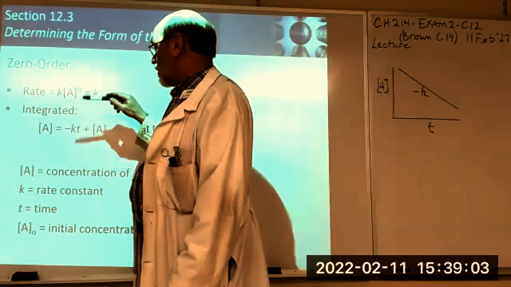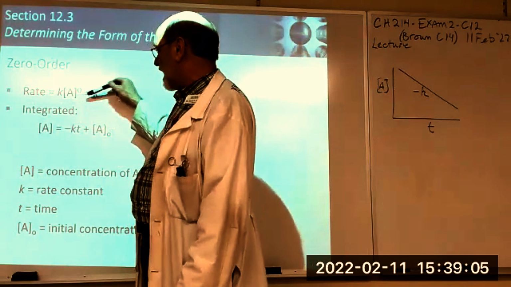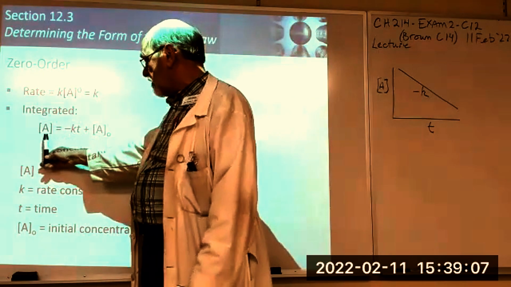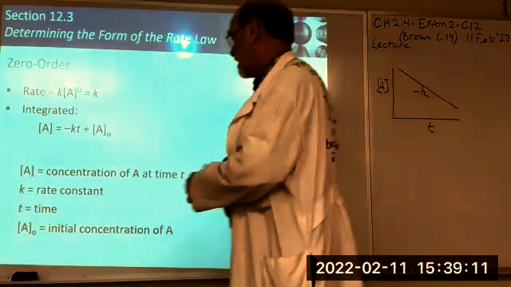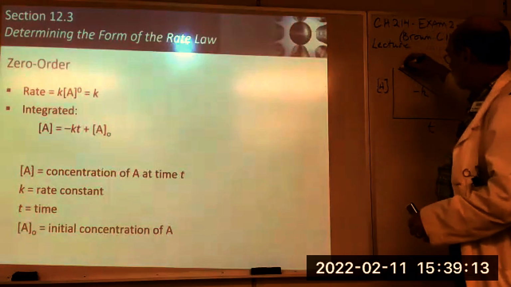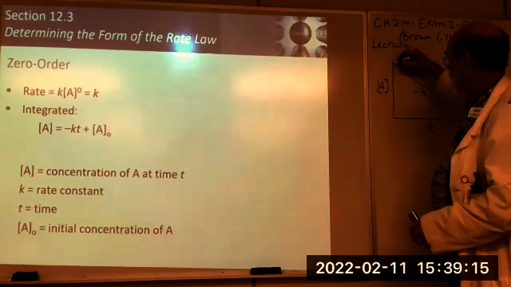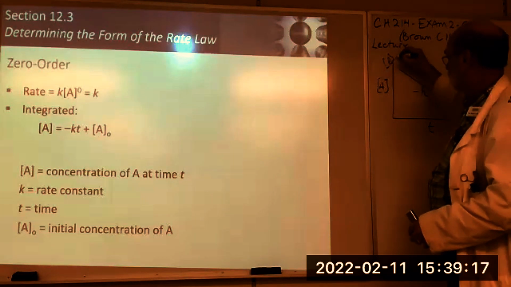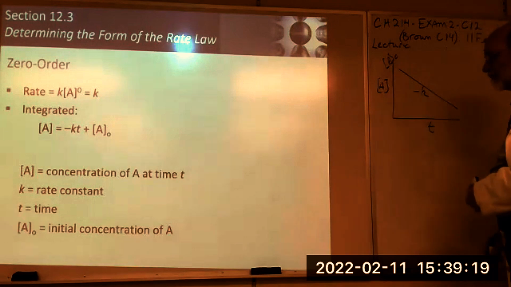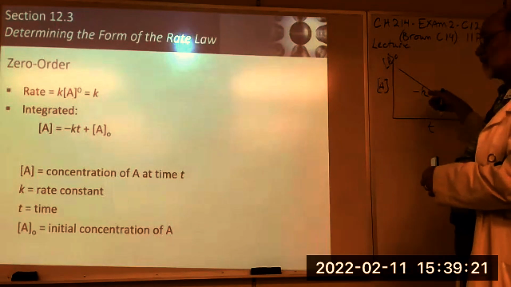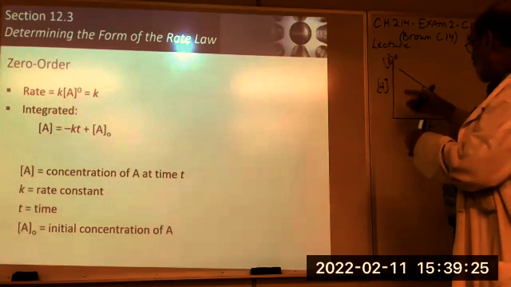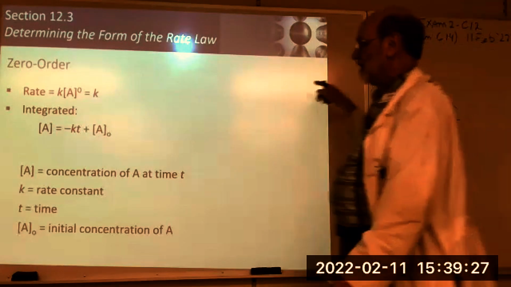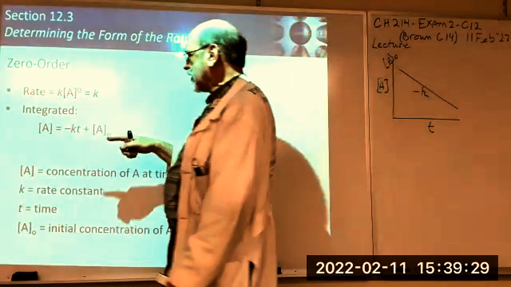Okay. So the integrated version of that law is this, where you have y equals mx plus b. So it's going to intersect the y-axis at a 0 and the negative slope. Okay. So if we know the slope of that line, we can figure out k, and k goes in here. What we have to say is,